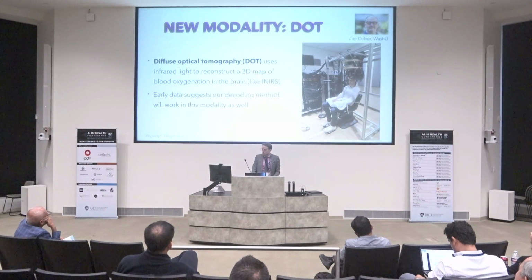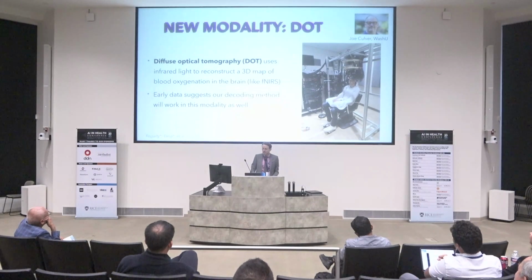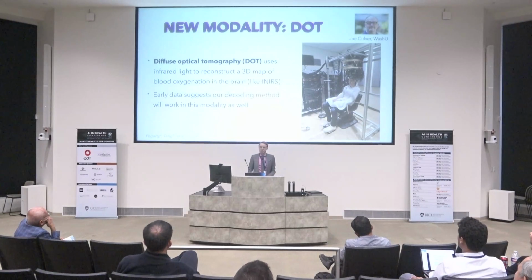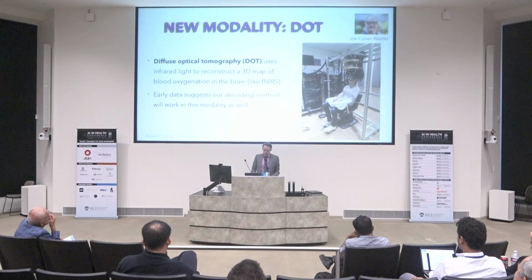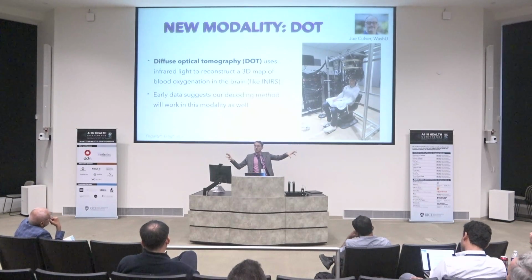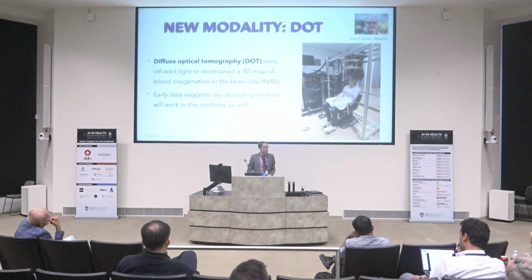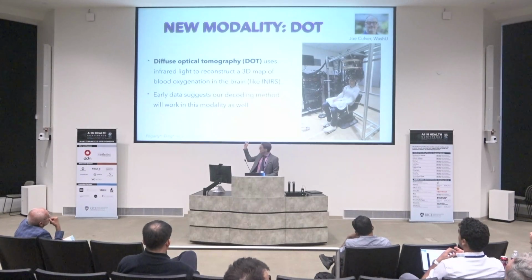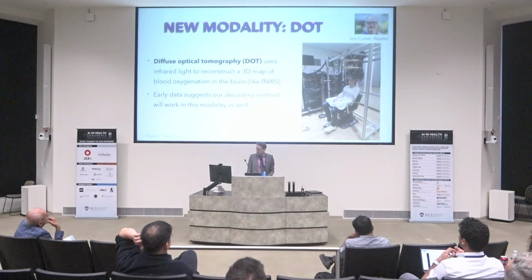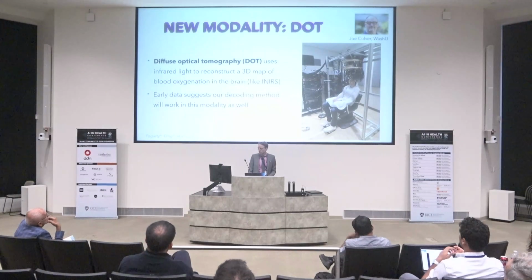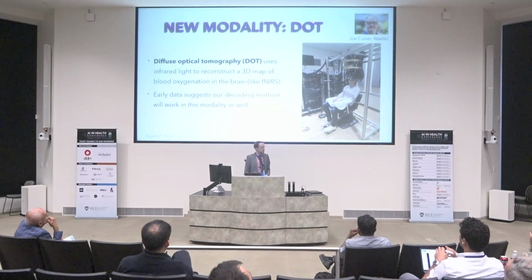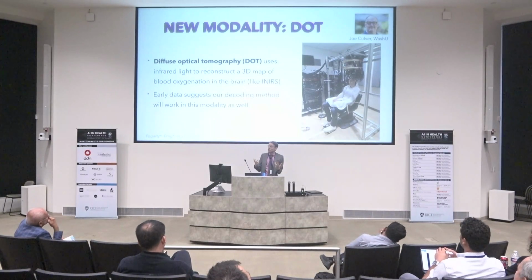So I don't have results to show you yet, but our early preliminary results suggest that this will actually work. We're getting something here that is starting to function. Essentially, we're doing the same converter approach here. So we're fitting converters from the DOT data to fMRI data, and then decoding using our fMRI models, and that's working pretty well. So this is me inside one of their DOT machines. They also are working on miniaturized versions of this that are essentially just a helmet that you can wear and walk around with, which is getting to the point that this could actually be a practical thing that people could use,